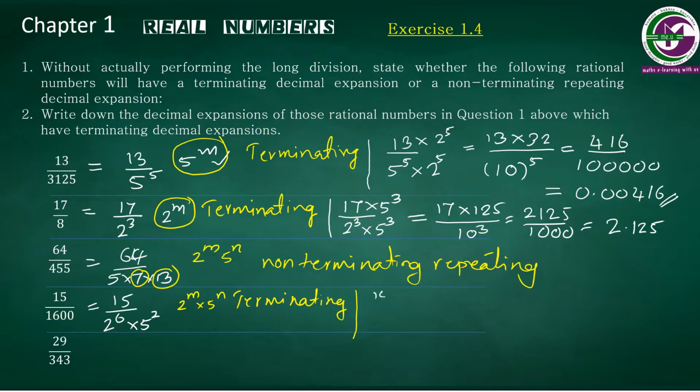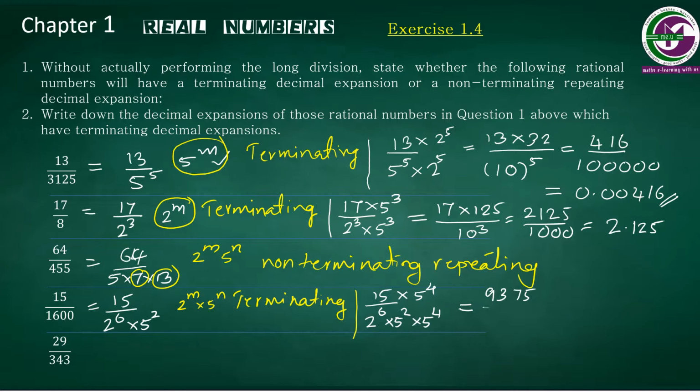So 15 will make the pairs of 2's and 5's. There are 6 2's and 2 5's. So we need 4 more 5's to get the pair. So 2 to the power 6, already we have 5 square. We'll multiply 5 raised to 4, so that we'll get 6 5's also. There are already 6 2's. So we'll multiply 5 to the power 4 in the numerator also. So it is